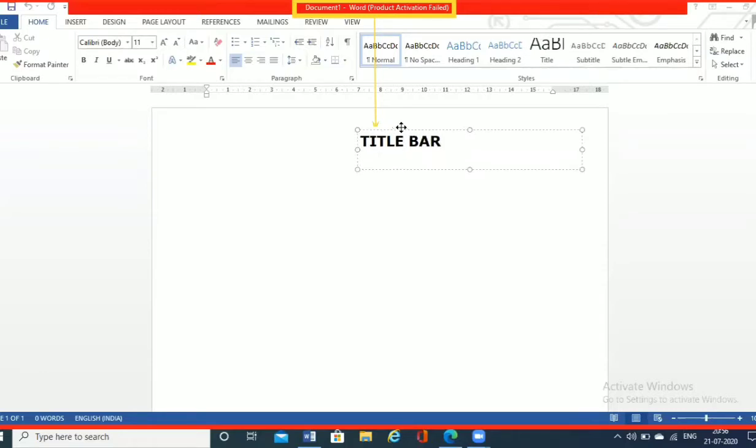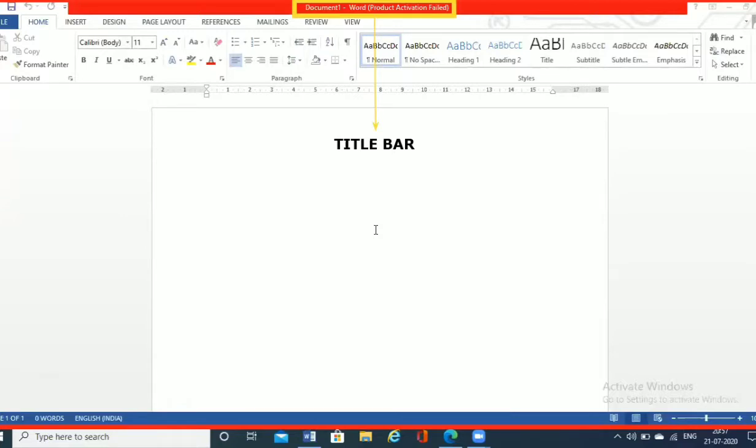The title bar works the same as a name. We are represented and called by our name. So when we are talking about any document, we need to give a name to our document and file. As we have already studied, if you make a folder or a file, you should always name it according to the content it holds.